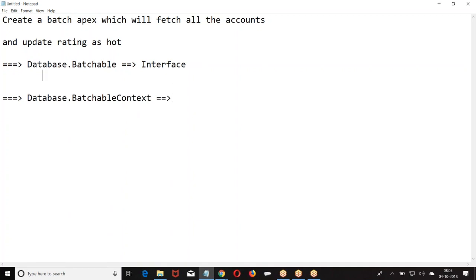Batchable has start, execute and finish methods. Context has the job ID methods. Still we have other things related to state, which we will discuss later. But as of now, these are the two interfaces I have discussed.